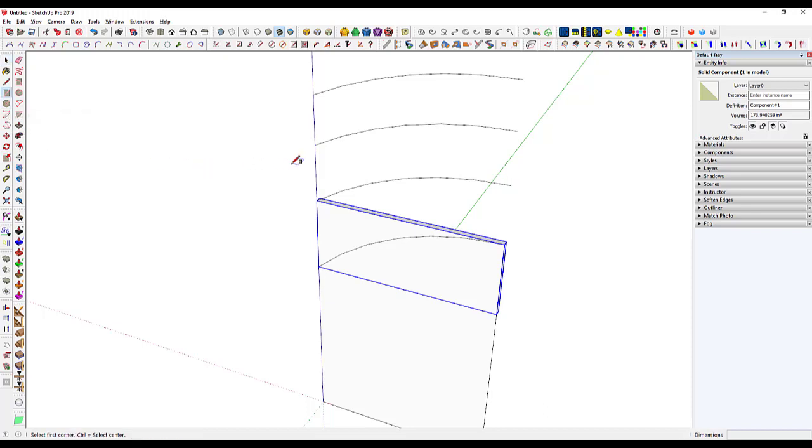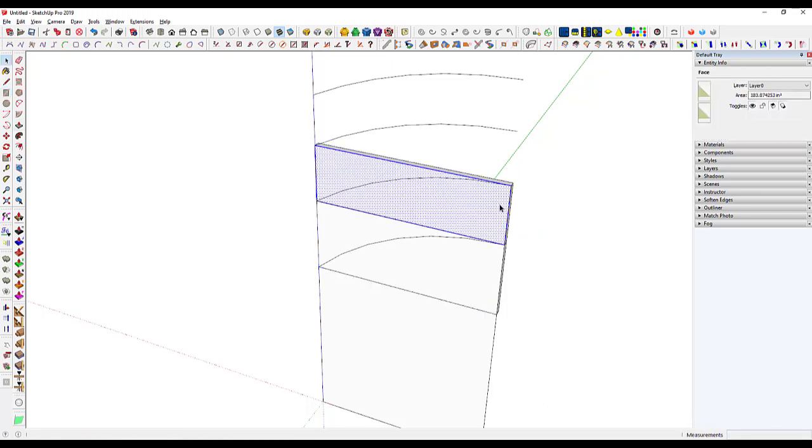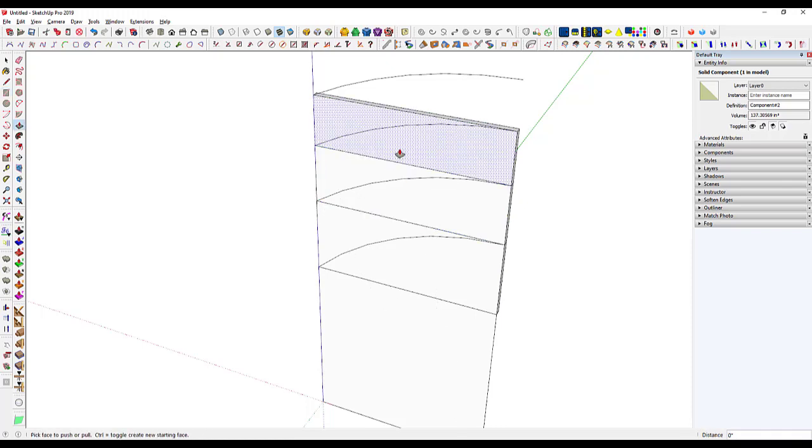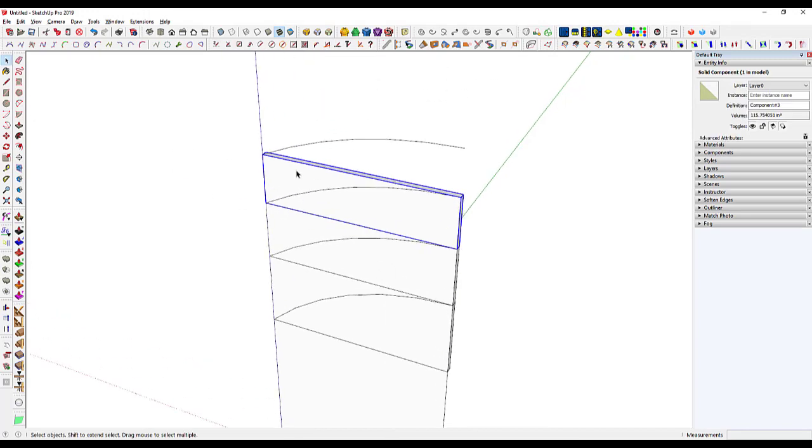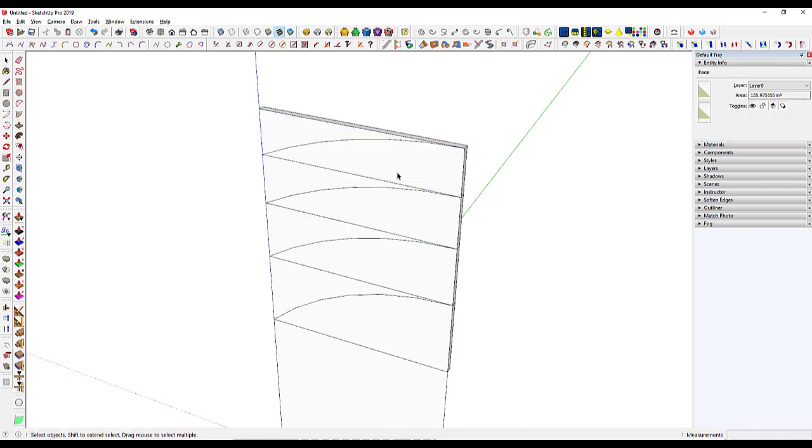Let's actually use keyboard shortcut R for the rectangle, and we'll put in another drawer front, make it a component, and repeat the process until we've got our four drawer fronts. So that's all fine. And we have a nice progression